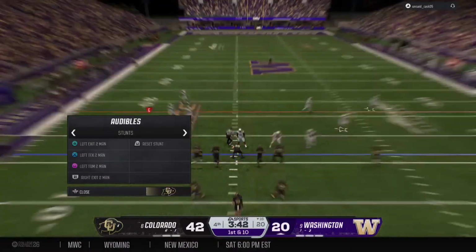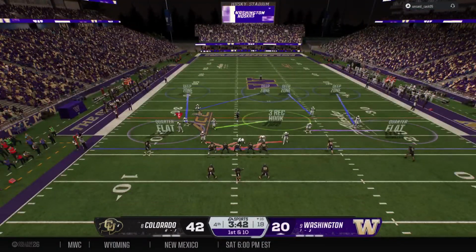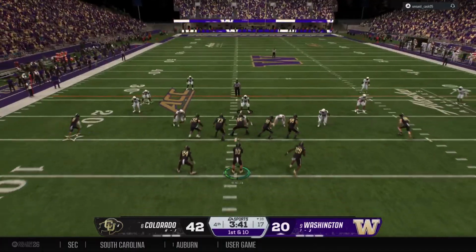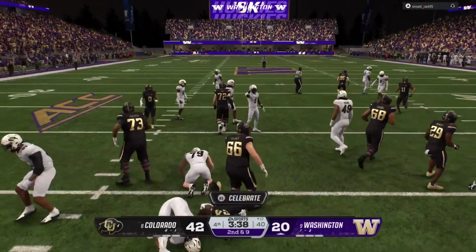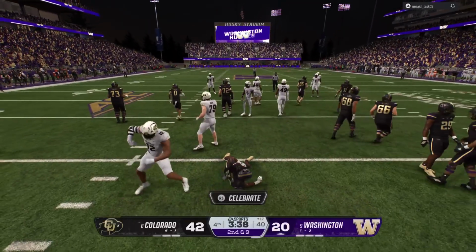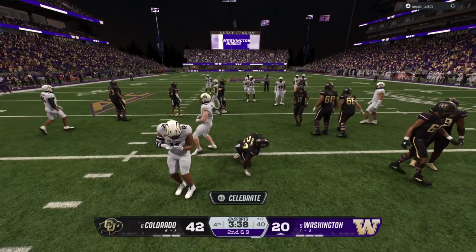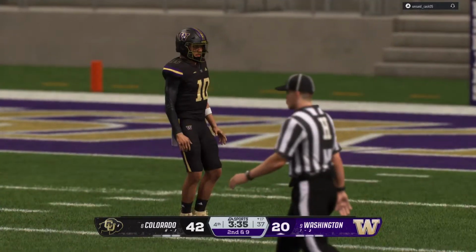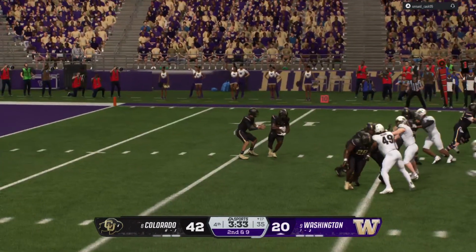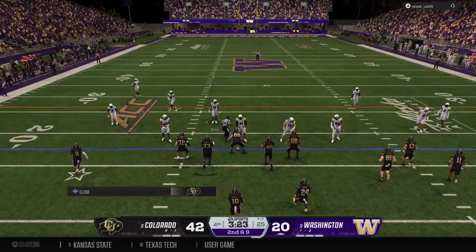A lot of work to do as this drive will start from the 16-yard line. From the gun, the running back has it. He is going nowhere. Stopped at the line of scrimmage. It's hard to run on a defense that comes off the ball like that and runs to the football like that. Good luck. No holes anywhere.